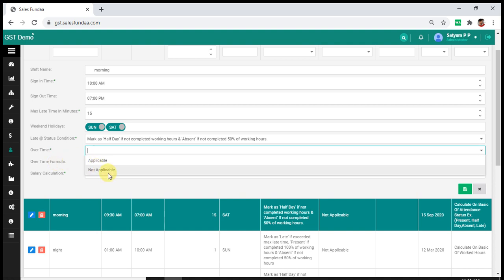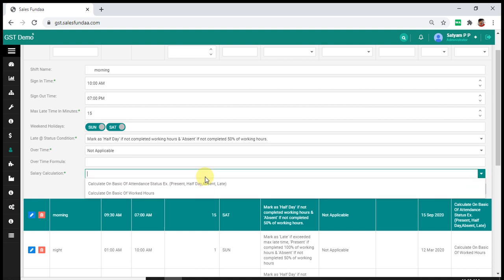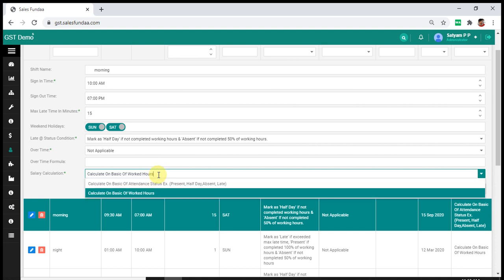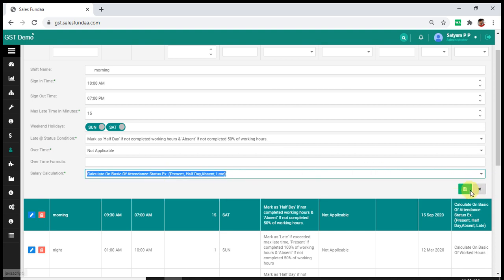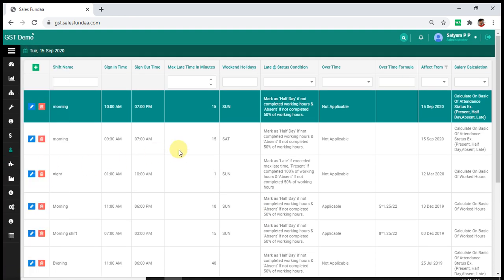If not applicable, simply click on not applicable, and just define a salary calculation. Calculate on the basis of attendance status, that is present, half day, absent, late, or calculate on the basis of worked hours. Select accordingly, then click save. Your employee shift has been added.